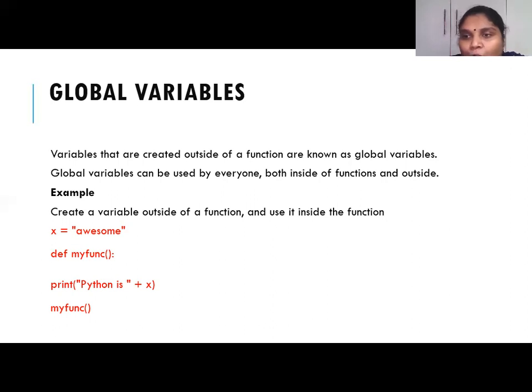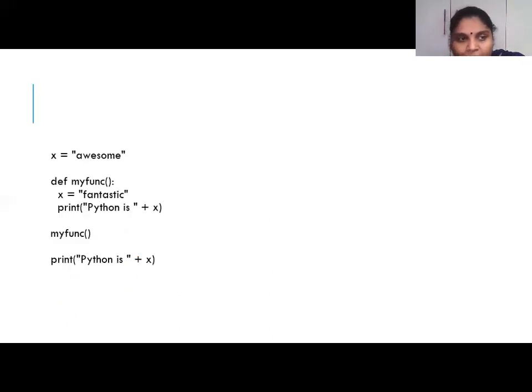Even though I have not declared this x inside my function, since it is declared outside the function, it becomes a global variable, so I can use that particular variable anywhere inside my function. This is the example of a global variable.